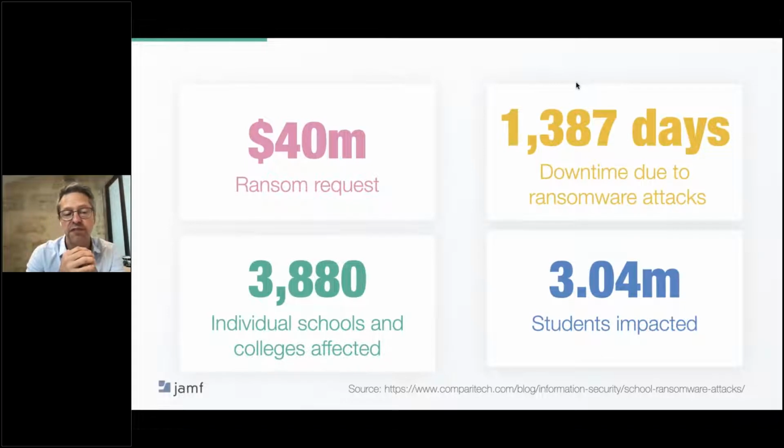We have other interesting key findings from January 2018 to June 2021. Our team has logged all the ransomware attacks from January 2018 till June 2021. During this time, we observed that 222 separate individual ransomware attacks have been carried out on schools and colleges. 3,000 individual schools and colleges have been potentially impacted, and nearly 3 million students in schools and colleges have suffered an estimated 1,300 days of downtime due to the ransomware attacks, with almost 9,000 days spent on